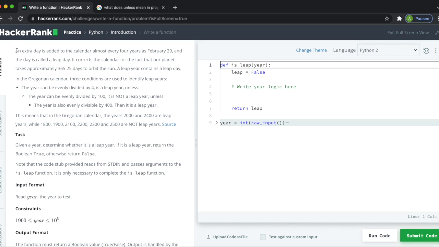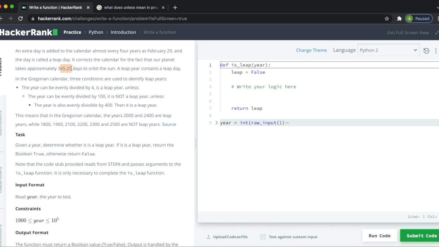It says an extra day is added to the calendar almost every 4 years as February 29, and the day is called the leap day. It corrects the calendar for the fact that our planet takes approximately 365.25 days to orbit the sun. A leap year contains a leap day. So they're trying to say that once in every 4 years there is a leap day. Because every year there are 365.25 days, and then the fourth year they add it to be one